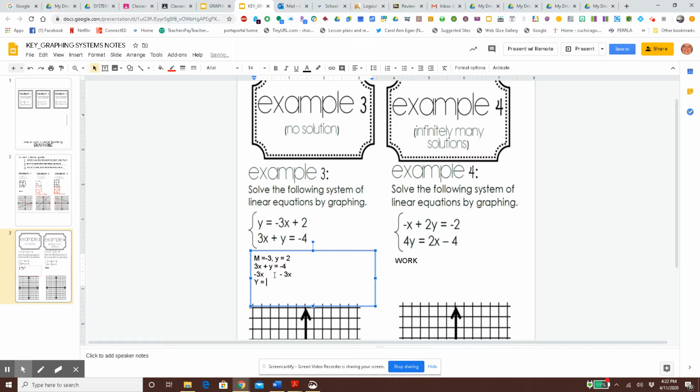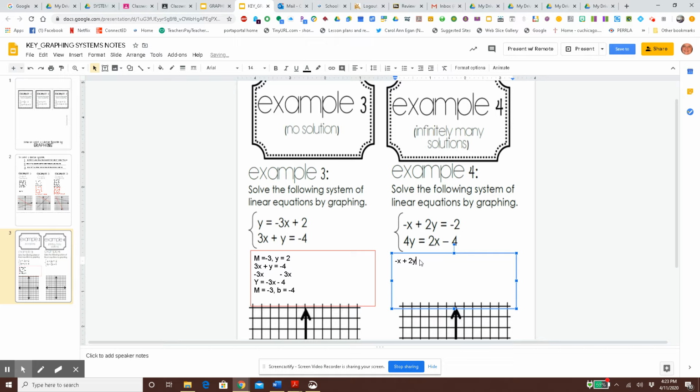And I'll end up with y equals -3x and -4, making my m equal to -3 and my b equal to -4. We're going to go over here and do the work over here as well, so then we can discuss what we see in the equations. How can we tell if something is going to wind up being no solution or infinite solutions if we don't graph it? So -x